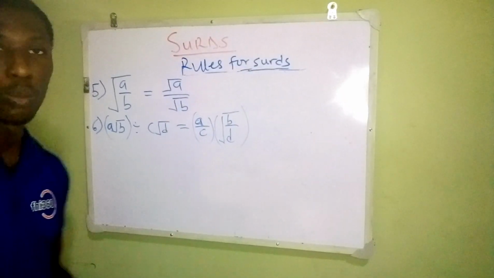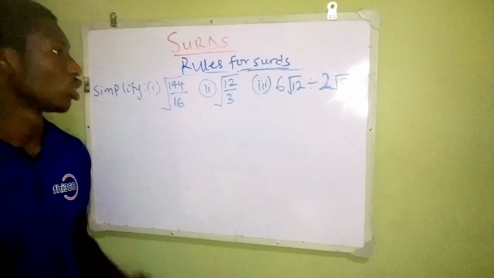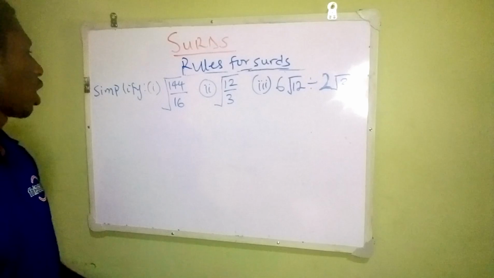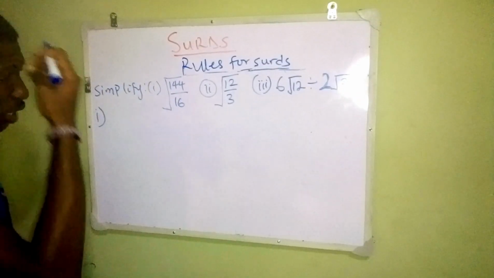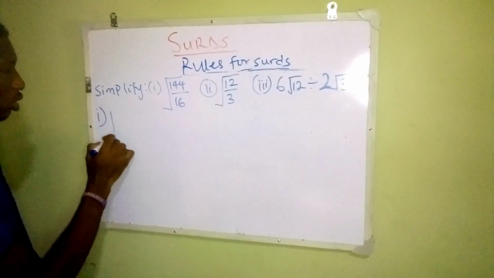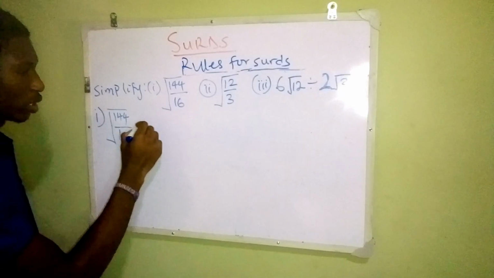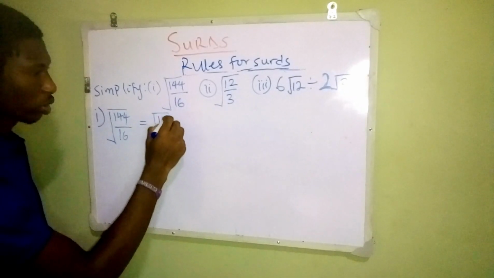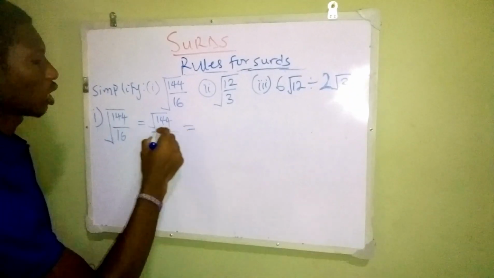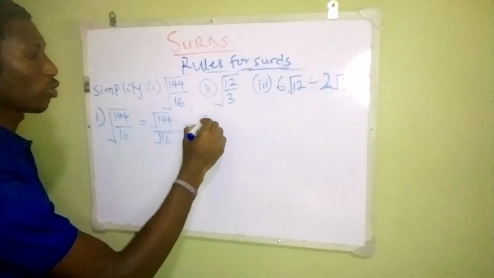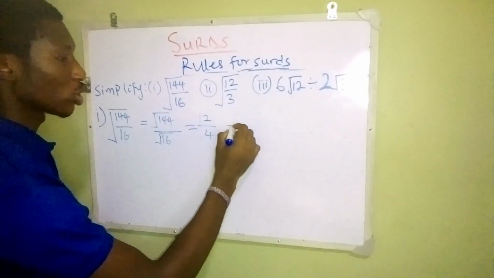So let's look at examples concerning this rule. Now let's briefly look at examples concerning the rule we just learned. Concerning the division rule, let's solve question number 1. If we have an expression like this, based on the rule, we can split it to have square root of 144 all over square root of 16. Therefore, my final answer will be: square root of 144 is 12, and square root of 16 is 4. 12 divided by 4 is equal to